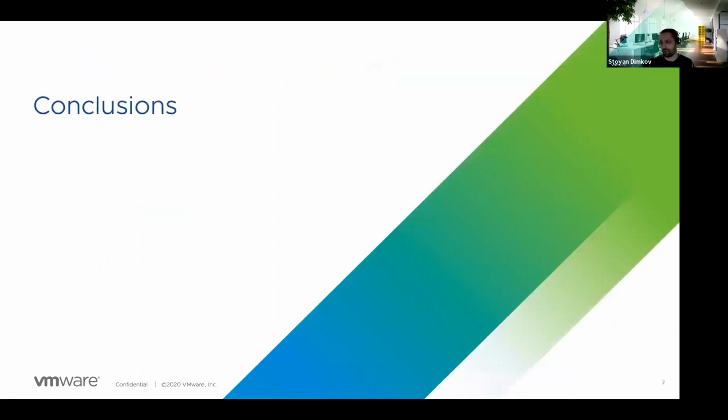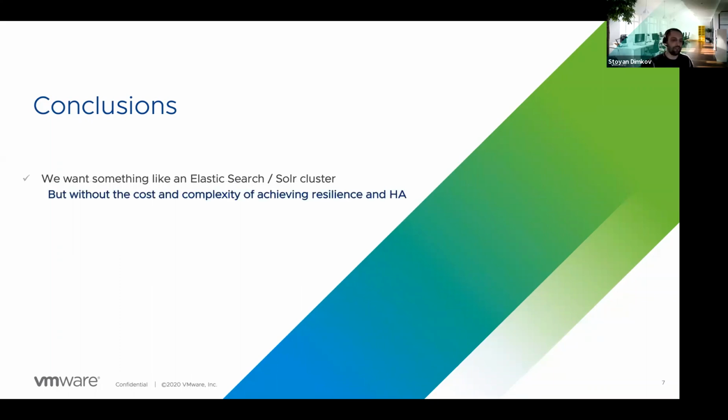So let's try some conclusions on those three problems I described. Well, the number one thing that comes to mind, and that I'm usually hearing, is, but why don't you just use something like an Elasticsearch or Solr cluster? And that does make sense. Essentially, what I've been explaining so far is just one big distributed search. Yes, but the problem is that at the scale at which we operate, we can't really deal with one big cluster of Elasticsearch. It would not fit from either a cost or complexity perspective, because the complexity of managing, for example,